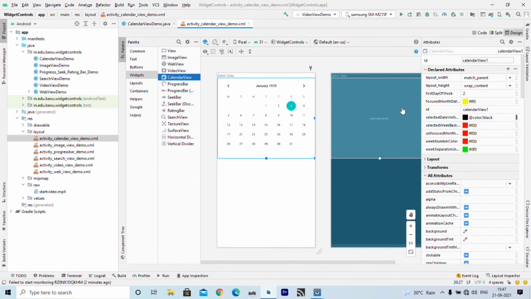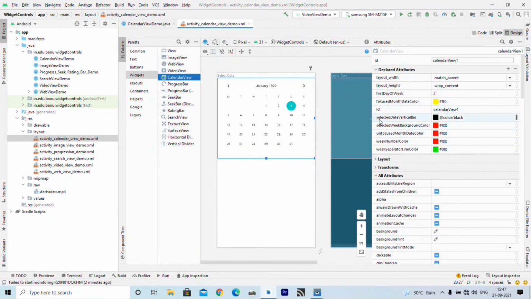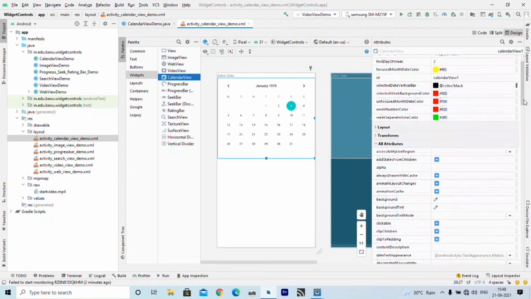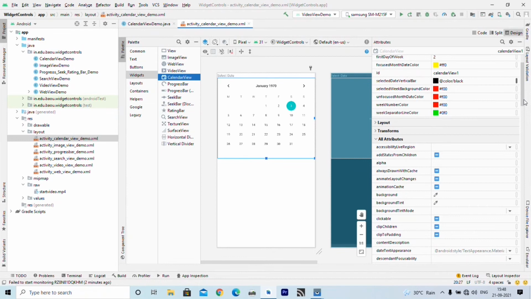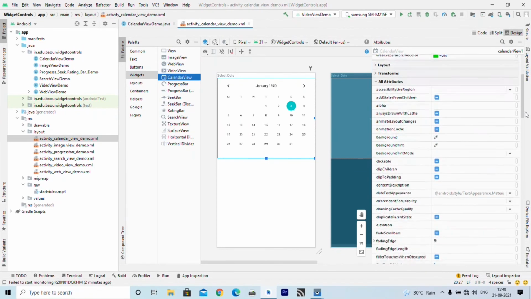Now what type of properties can you set in calendar view? Here you can specify various colors like selected date vertical bar, selected week background color, unfocused month date color. So basically these are different types of colors for displaying inside the calendar control.